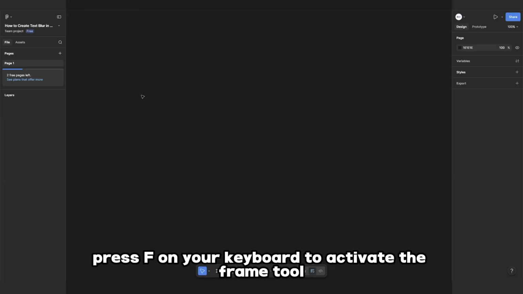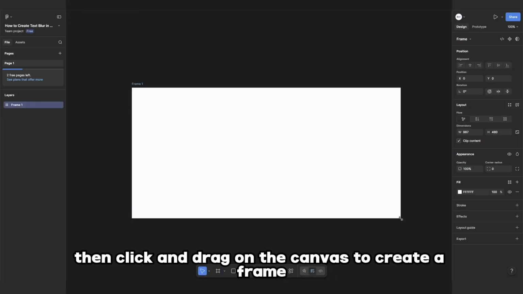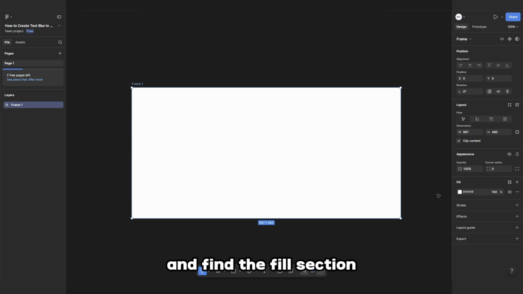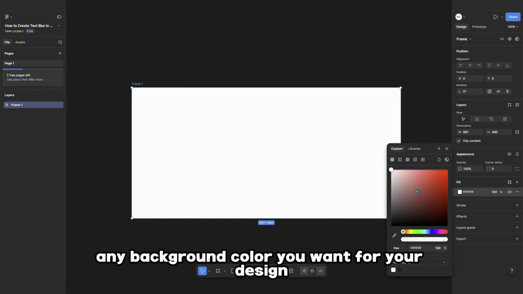Press F on your keyboard to activate the frame tool. Then click and drag on the canvas to create a frame that will sit behind your text as the background. With the frame selected, look over at the right-hand panel and find the fill section. Click the plus button to add a fill, then click the color swatch and choose any background color you want